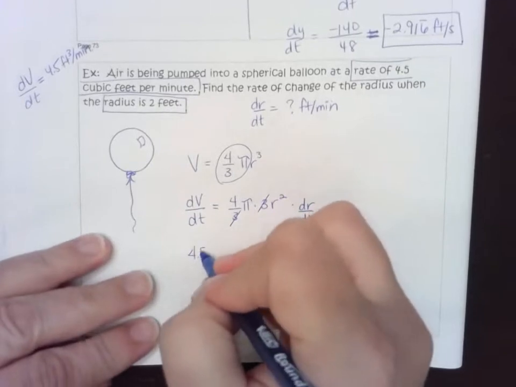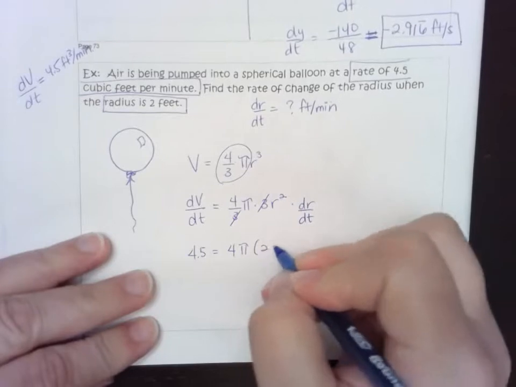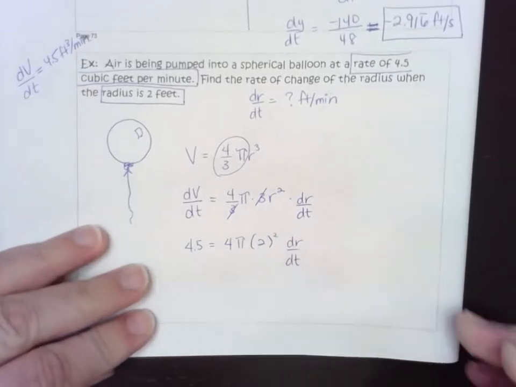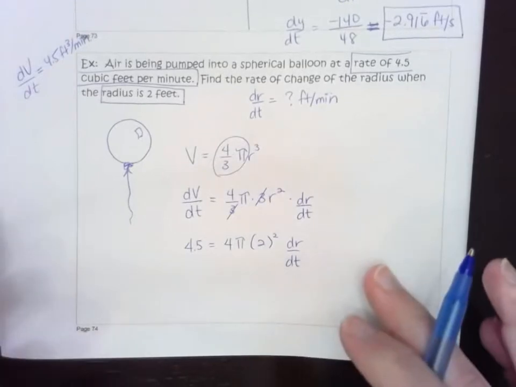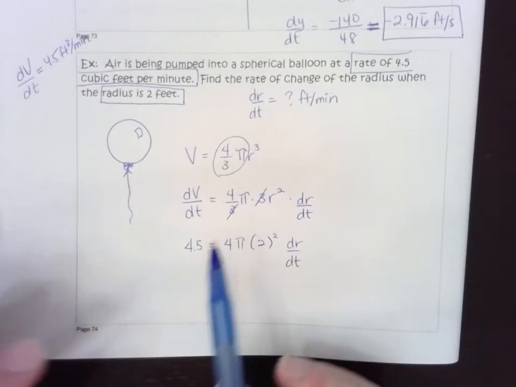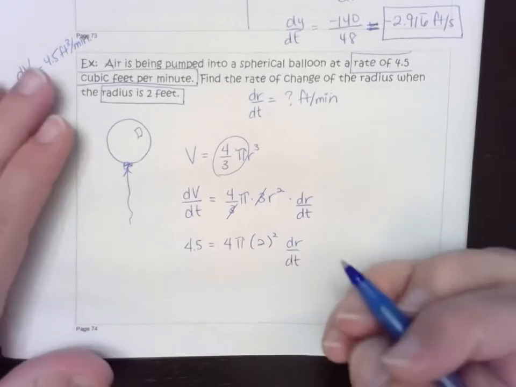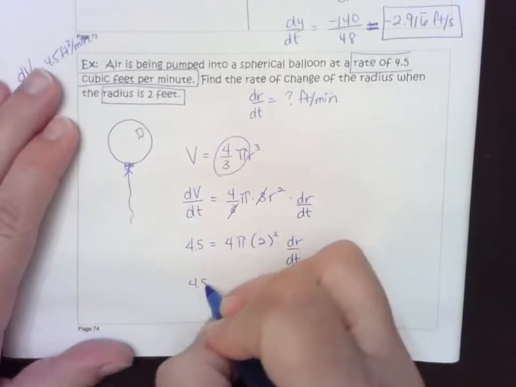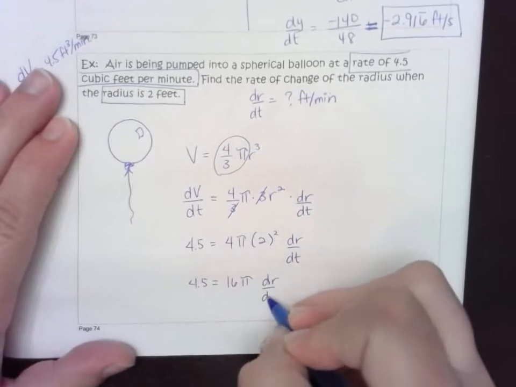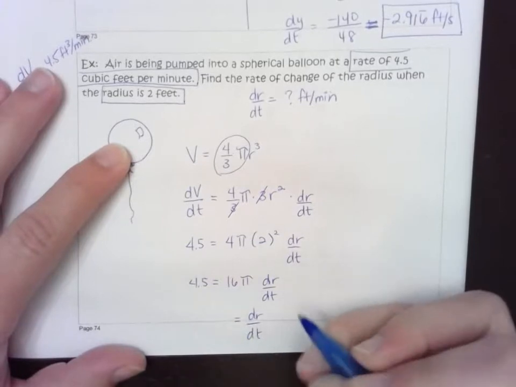I know the volume rate is 4.5. I know that the radius is currently 2 feet, squared. And I'm trying to find dr/dt. Now I feel good about this because it's the only variable I have left. Because I have the potential to make this exact, I'm going to give an answer in exact form and also in approximate form. My right side of the equation becomes 16 pi. So that means that dr/dt is equal to the exact answer,